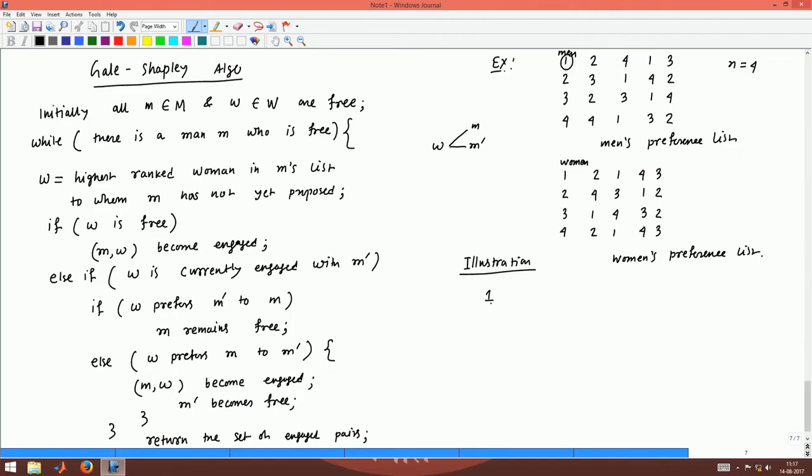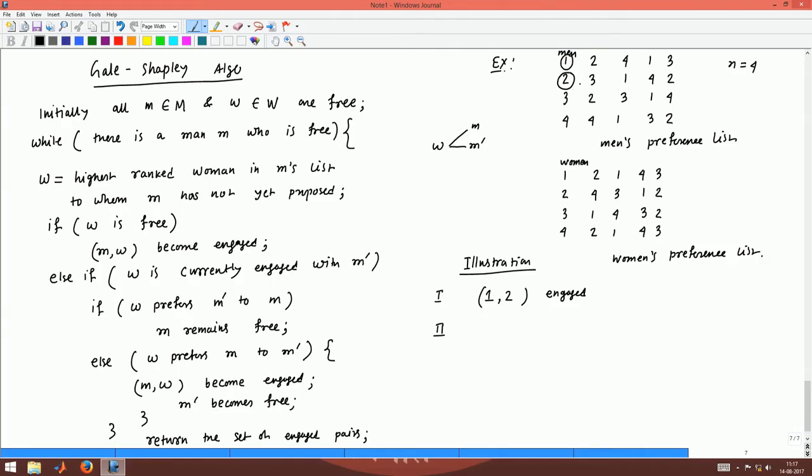So, 1 proposes to 2 and 2 is free at this moment. So, 1 and 2 become engaged, following this technique. This is the first iteration. Now, in the second iteration, still there is a man who is free. So, we go to the second man,